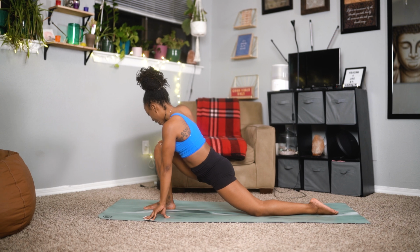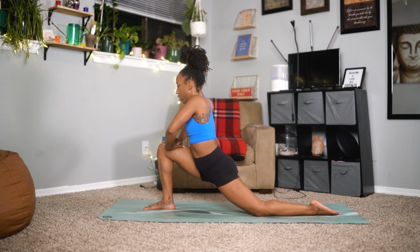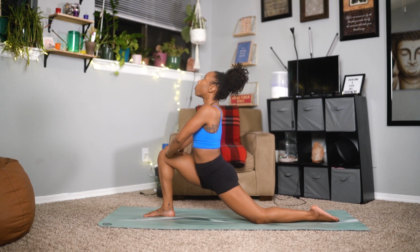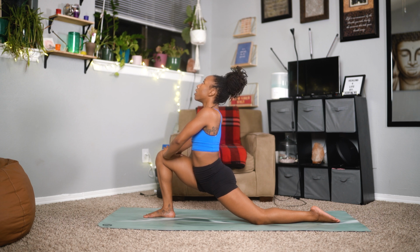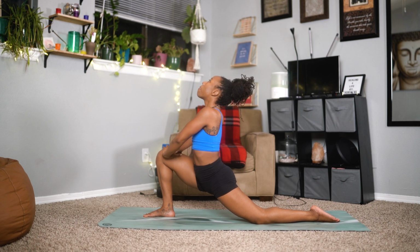And placing the right hand on top of the right knee, followed by the left. Drawing the pelvis forward and looking up towards the ceiling. Maybe closing the eyes, finding those deep breaths. We're here for 10, 9, 8, really pressing onto your right knee, 7,